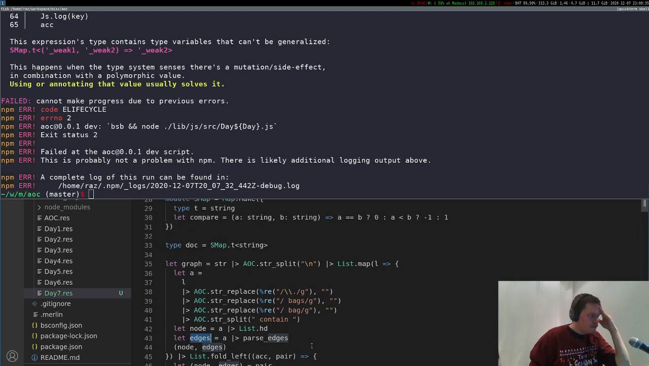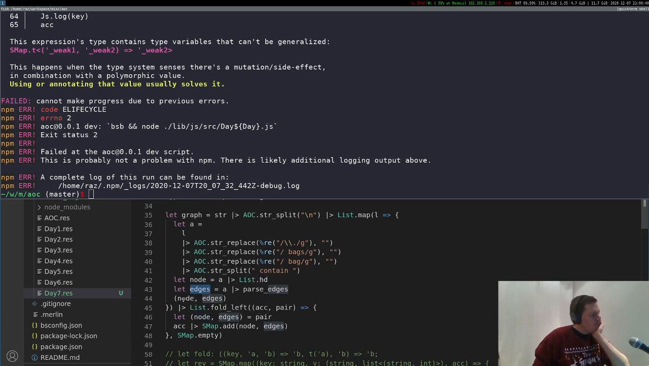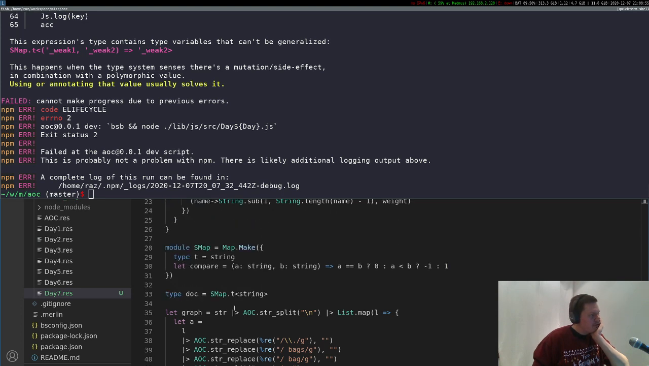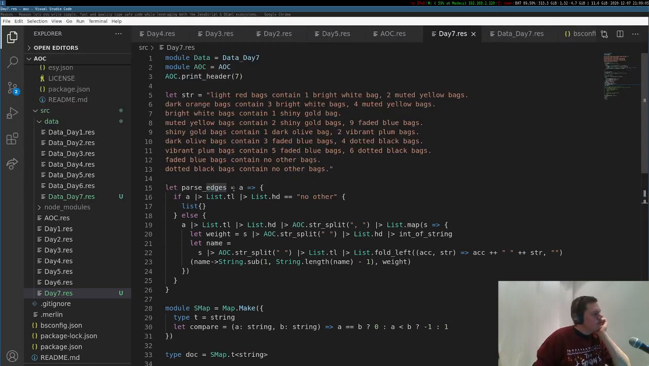Parse edges. So edges in this. And we'll grab node and edges from the pairs that we reduce over. And we'll add the node, which is a string, and the edges. And the edges is a list, an empty list, or split and so on, and we map this to